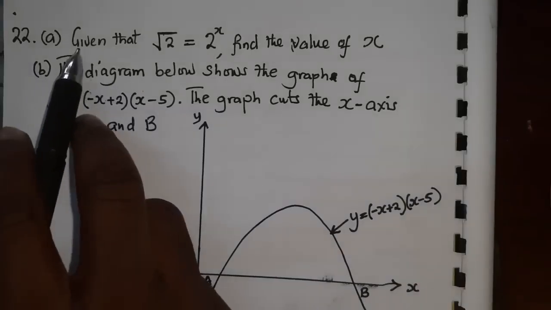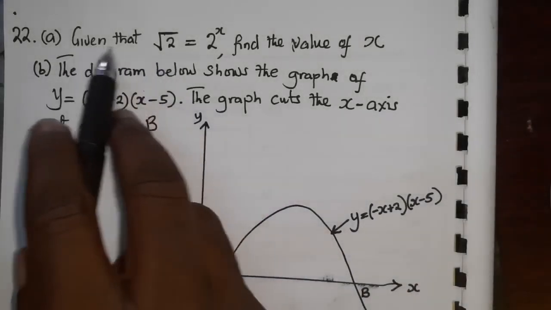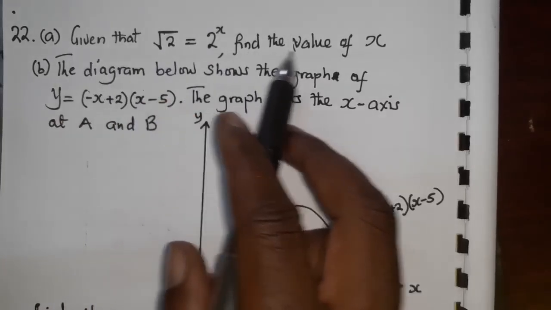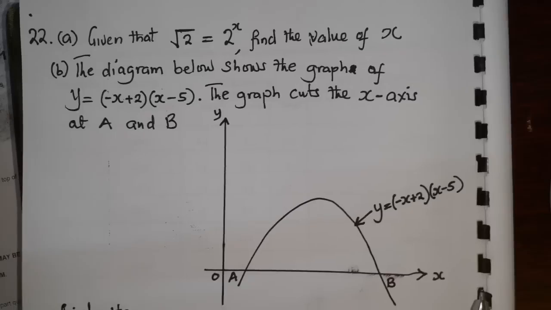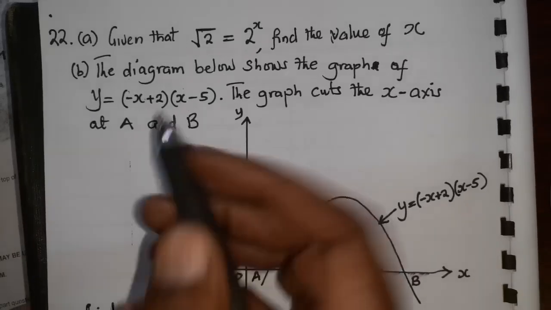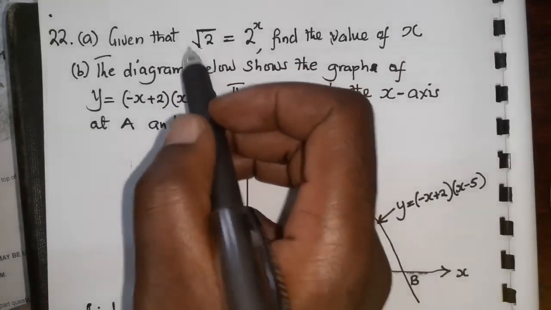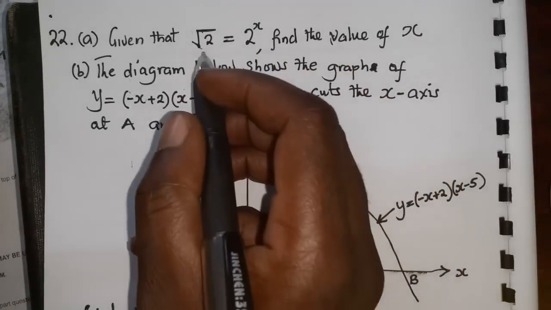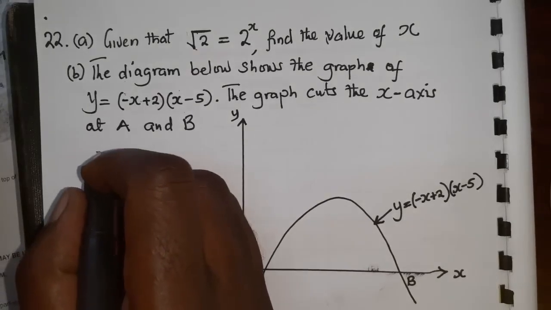Okay, so 22 has two questions. The first one is, given that the square root of 2 is equal to 2 to the power x, find the value of x. So how do we write this one? How do you rewrite this one? You need to be familiar with the indices. So you need to rewrite this part as,